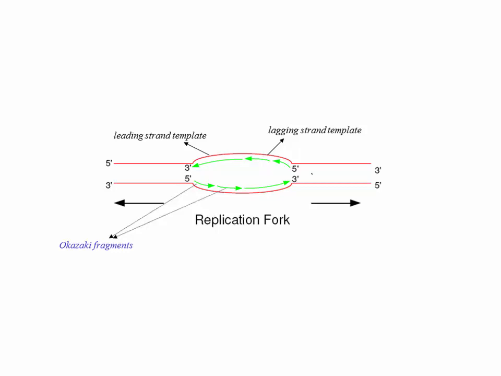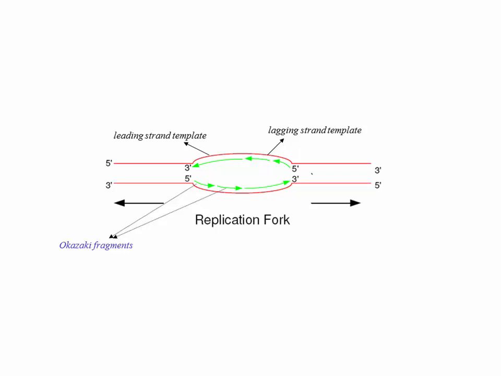Yeah, go ahead. What do you mean by continuous and discontinuous strand? No, the thing is, if you start the DNA replication here, for example, and as this thing is opening up, you are going to synthesize from right to left, so there is no interruption. As the fork is growing, if you start from the middle, you can just keep on synthesizing. So that is the continuous strand. You don't have to interrupt things.